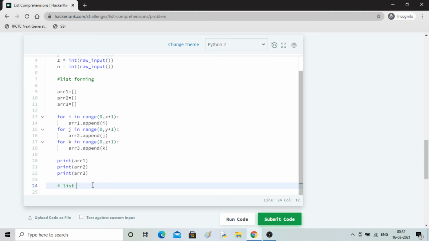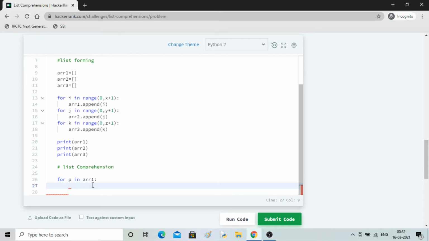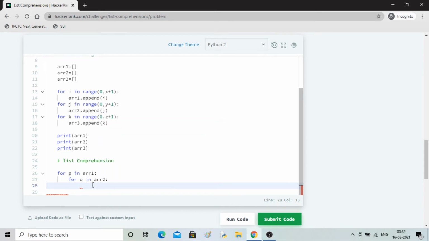List comprehension I'm writing. For this I'll use three for loops. So for p, let's say, in array 1, then for q in array 2, then for r in array 3.